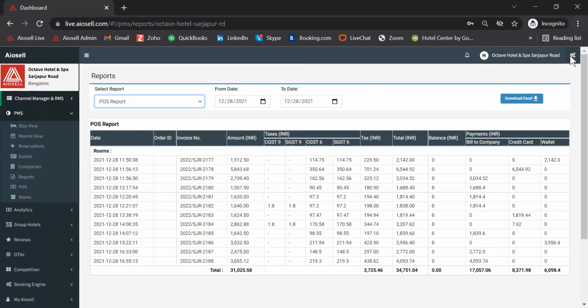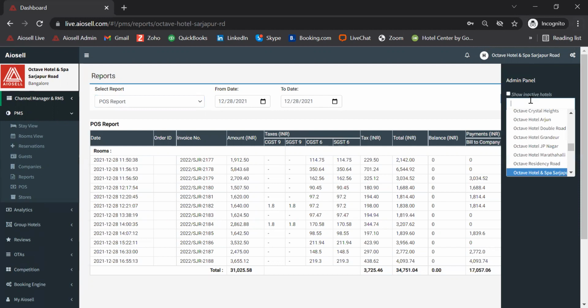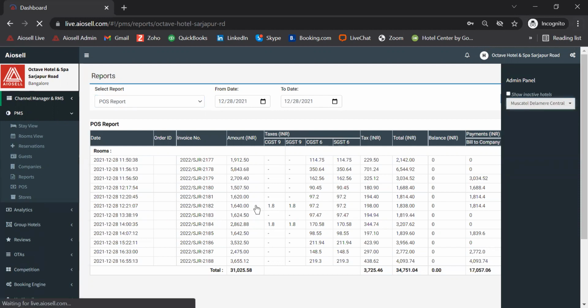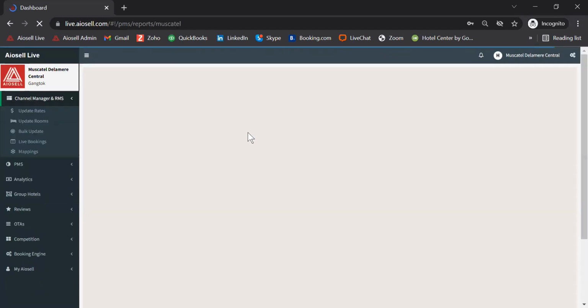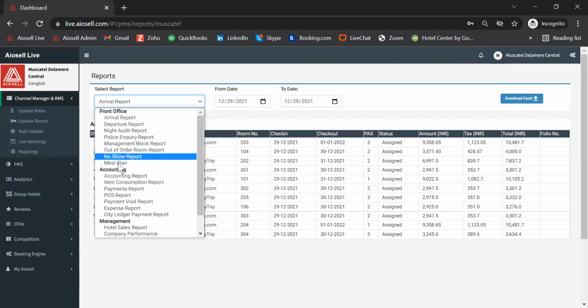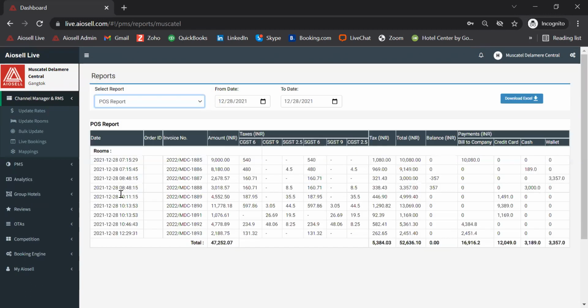So if I just have to show you another property, which has been set up as different point of sale, allow me a minute. I'll just take you to another property where there are various point of sale. And when we see the point of sale report, we will be able to see which are the room numbers, invoice number, and how much is the amount that has been charged from various point of sale.